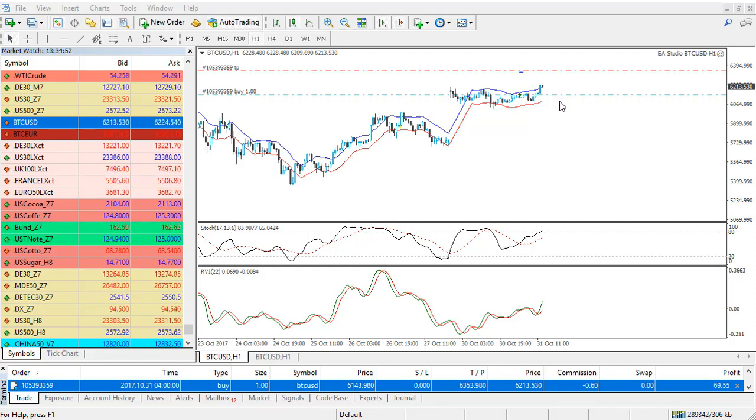The second option is you can use this exit condition from the envelopes of the expert advisor, but keep in mind that it's very possible that the price will go down and it will actually go below the envelopes, below the lower band. It will open a bar there and then it will open a new bar above the band. So what will happen? You will be out of the trade, but this could happen below your entry point. Okay, so this way you will have a loss, a small loss, but it's a loss.